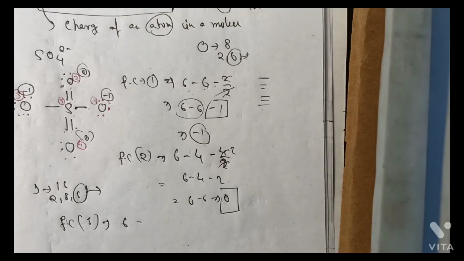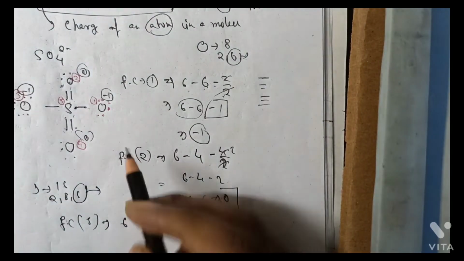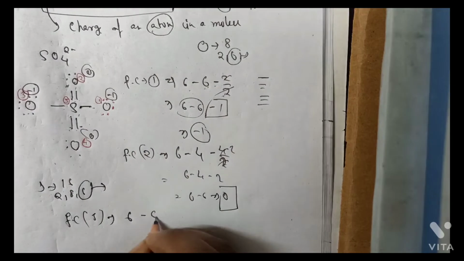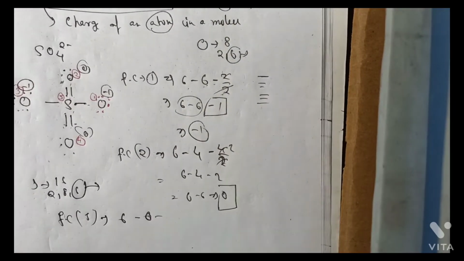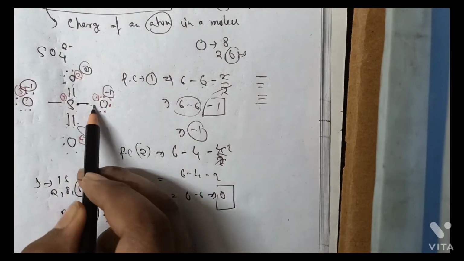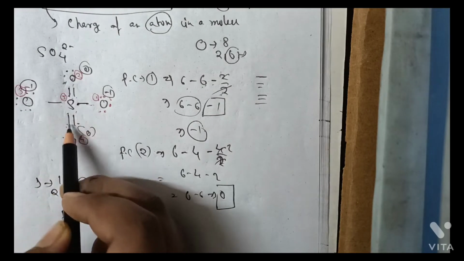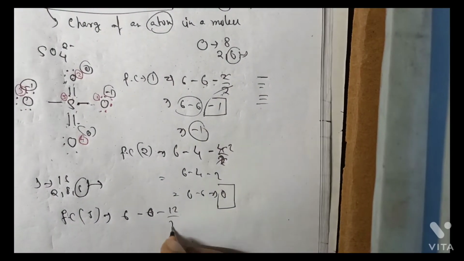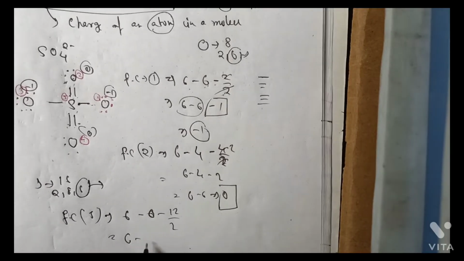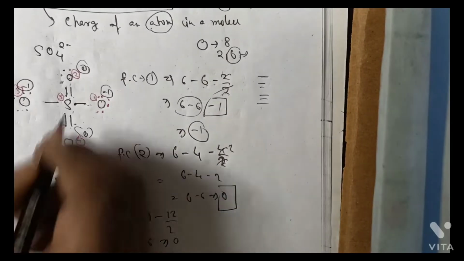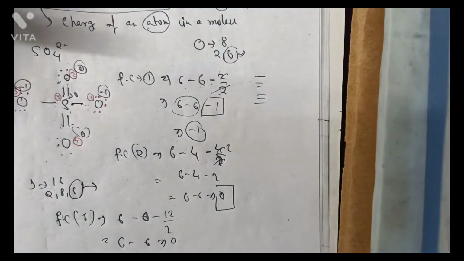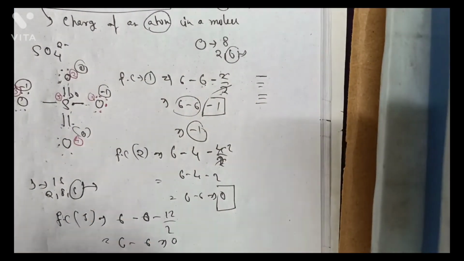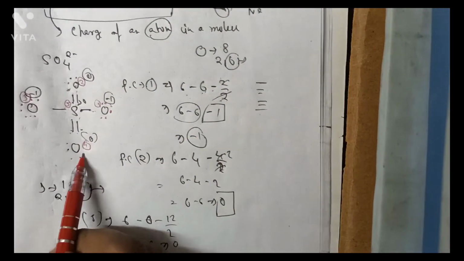That is okay. So if you see that it has no lone pair, the lone pair is 0, but its bond pair electron is 12. If you count 1, 2, 3, 4, 5, 6, 7, 8, 9, 10, 11, 12, it's 12 electrons. That means bond pair is 12, divided by 2 is 6. So 6 minus 6 is 0. So it also has formal charge 0.